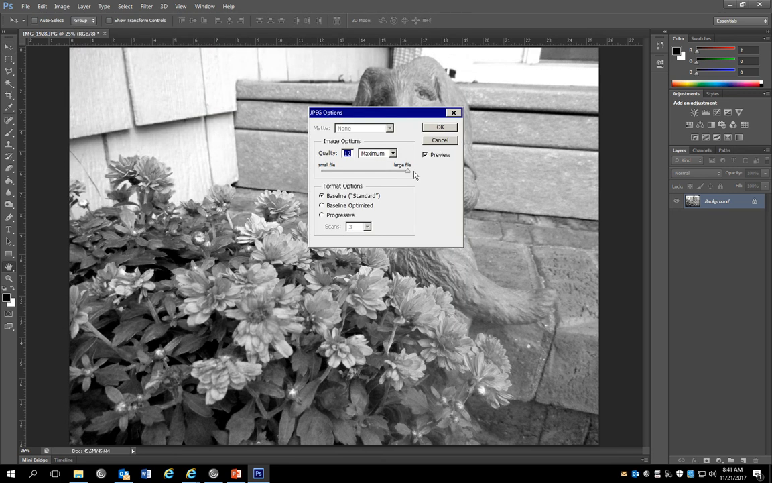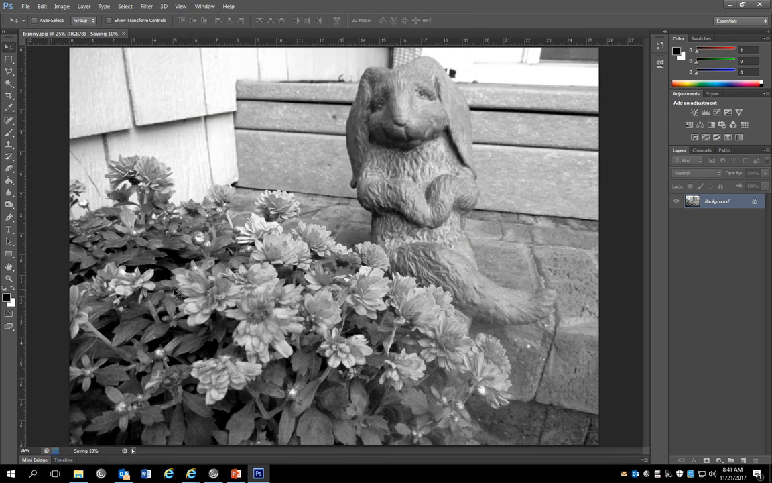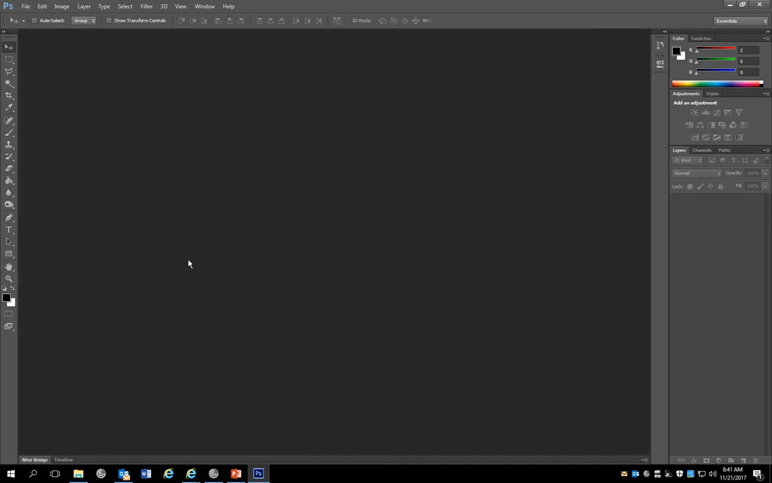Save. Slider up to 12, press OK. So you're going to repeat that for all 25 pictures. The next thing I want to show you is how to create your template, like I showed you that student